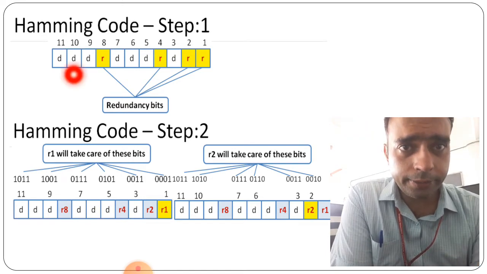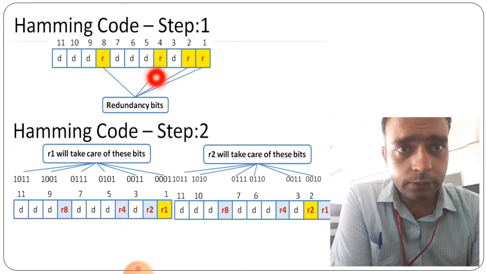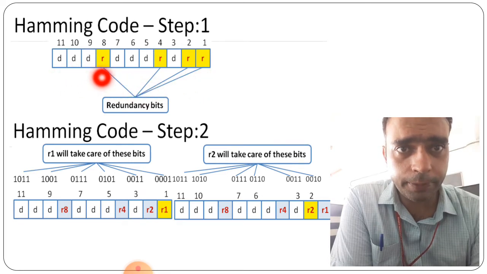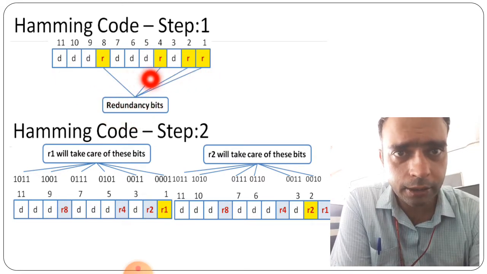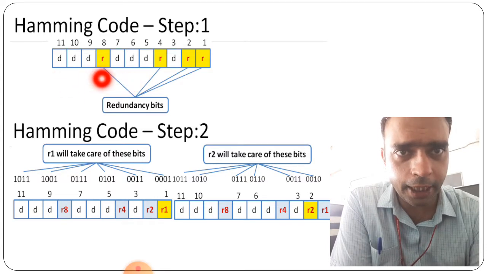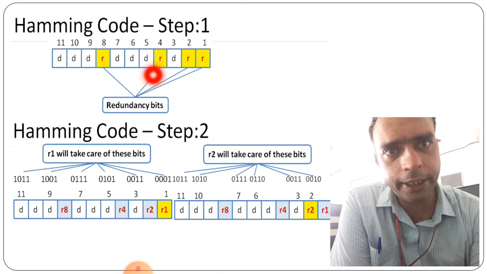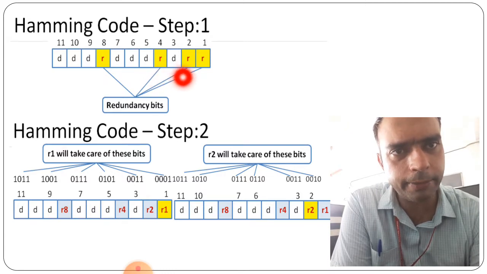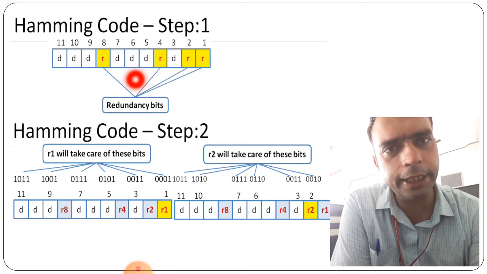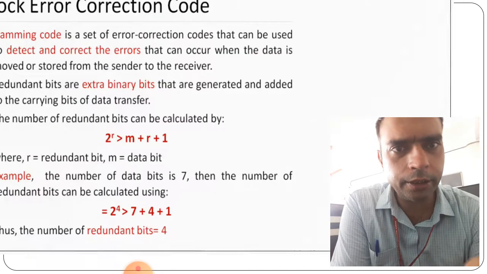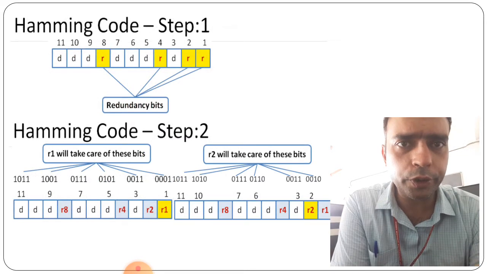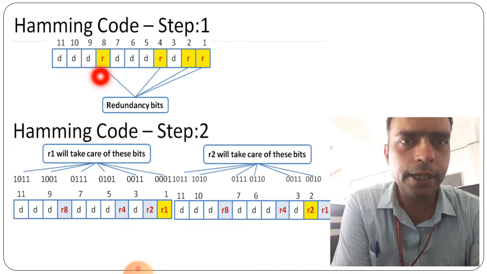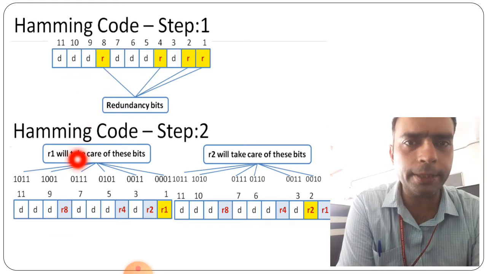Now here the total number of bits given is 1 up to 11, 11 in total. The redundant bits are denoted by r. So 3 times d then r, that is a redundancy bit. Then 3 times d then again r, that is also a redundancy bit. Then d then r, that is redundancy. D is what? Data bit. So here there are two things, the data bit and the redundant bit. Here d is denoting the data bit and r is denoting the redundancy bits.